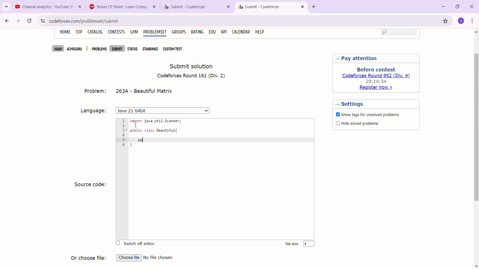Then in the main method, String args. In the main method we will first declare a scanner object of the Scanner class, which helps to take input from our keyboard. Scanner scanner equal to new Scanner